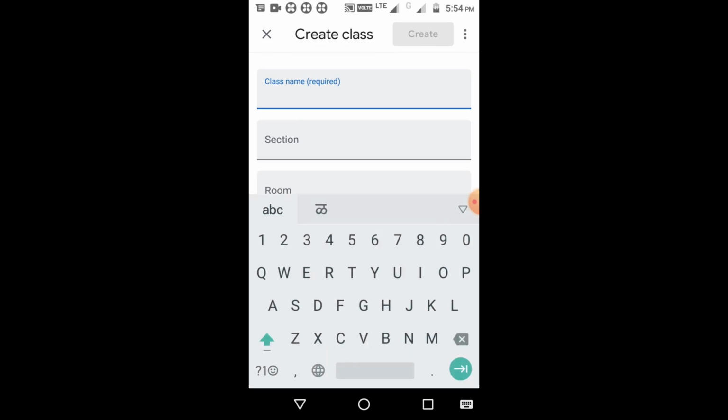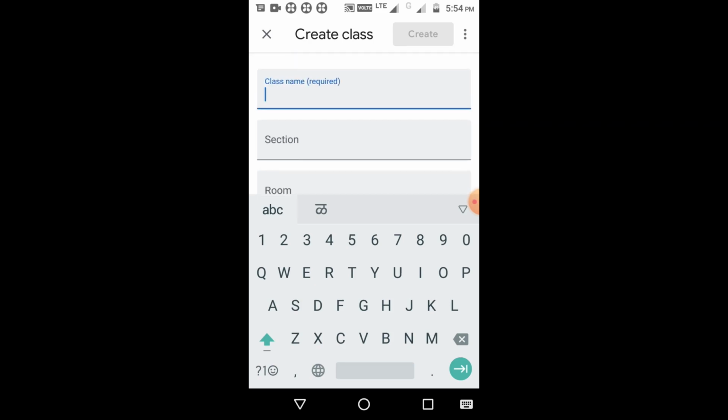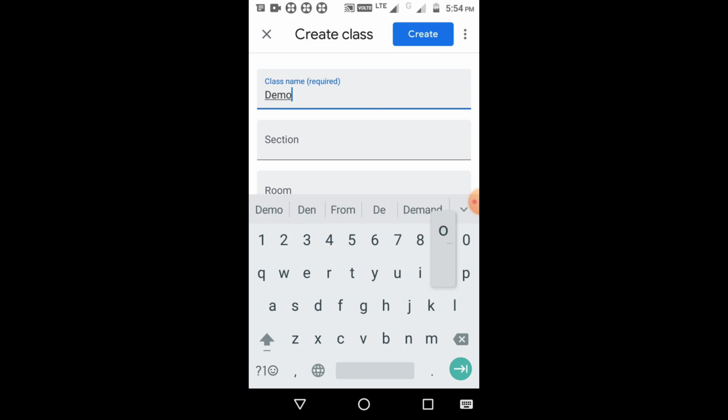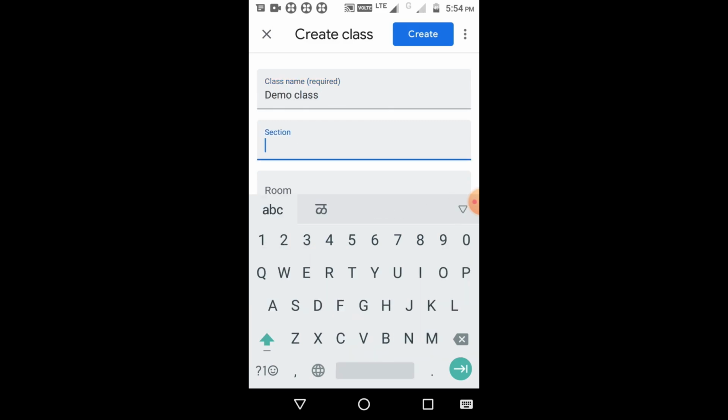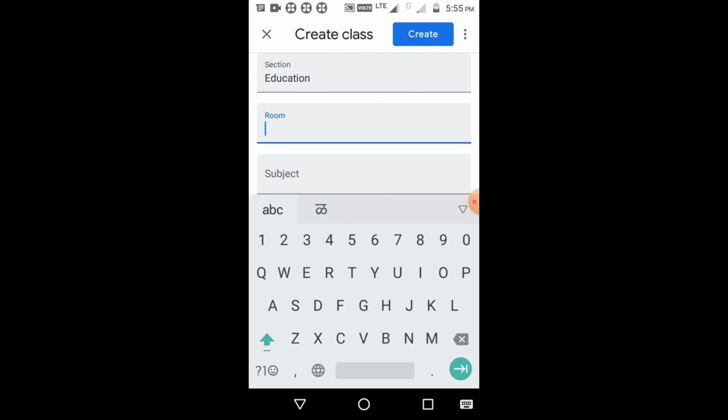Once you press continue, this window will appear, which is create class. Now you have to fill in all the details of your class here. Suppose I am creating a demo class and its section is education. You can enter a room number here where you are taking offline lectures.